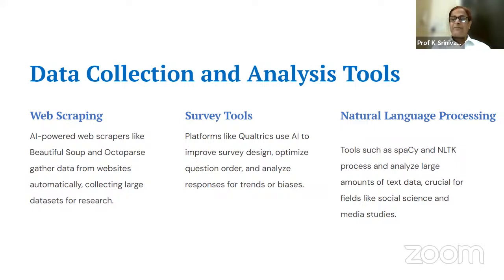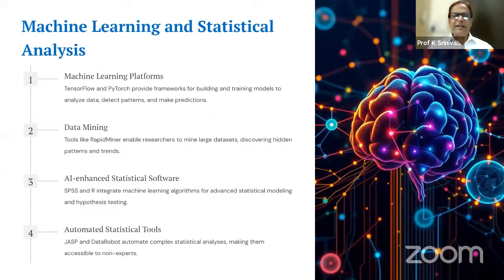Next, natural language processing tools such as spaCy and NLTK process and analyze large amounts of text data, crucial for fields like social science and media studies. ये भी ट्राई कर सकते हैं, and so much data mining these tools will do. And what is interesting is there are so many philanthropists available. They have been preparing nice videos and uploading them to YouTube, so that we could use those things. spaCy, NLTK, social science वालों के लिए काफी useful वाली बात है।